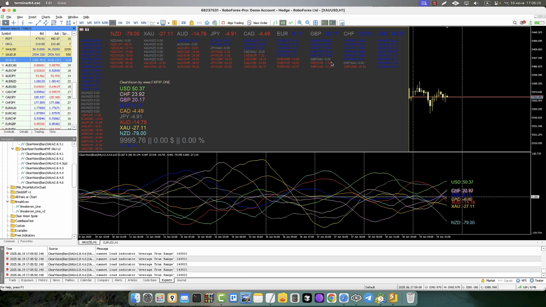He does not use this XAUv pair because it's 0. He does not divide by 8. He divides by 7 because we have 5 and 2. This is 7 pairs. He does not use this green pair because this pair does not exist for this broker. That's the reason. And in this case you can use this at RoboForex and see the index